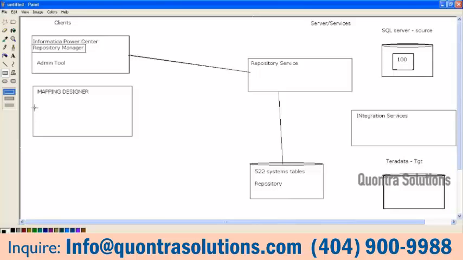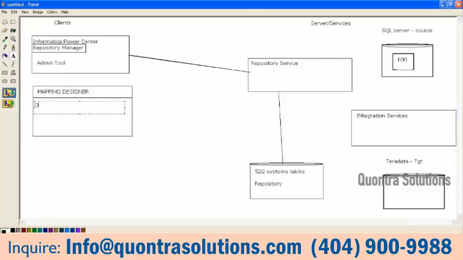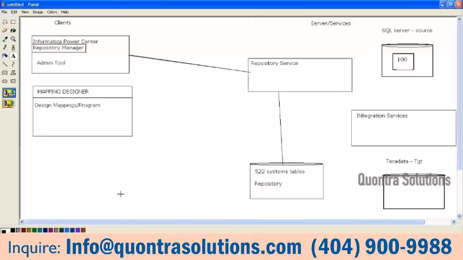So, in the mapping designer, we are going to design the mappings. In general, we would call it a program, right? In Informatica, the terminology is mapping. We are going to develop the mapping. We are going to design the mappings. Mappings means nothing but a program in general life. We are going to do a development activity, and once we are done with our code development, we are going to save our program, right? We are going to save our mapping, right? Whenever you save it, again the communication will be sent.